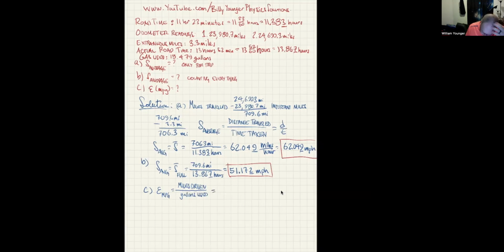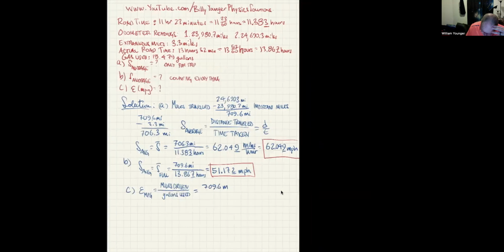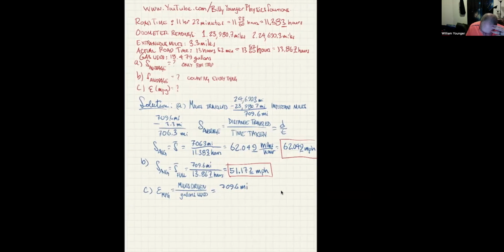So in our case, the miles that we traveled were 709.6 miles. Again, I shouldn't be saying 709, that's not proper English, it's 709.6. And then the gallons used were 18.479 gallons. Okay. And I noticed my decimal on my gallons is not very dark, so I went ahead and fixed that. Now, if I divide 709.6 by 18.479,